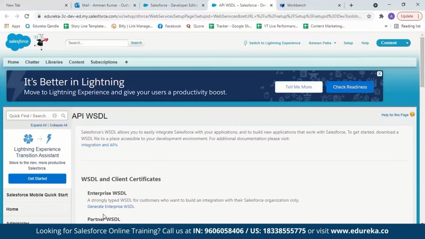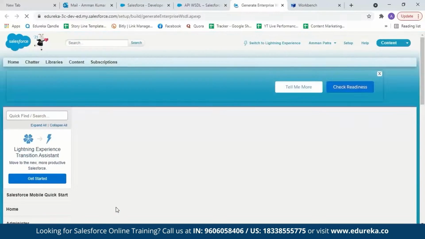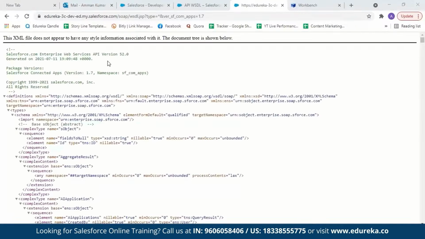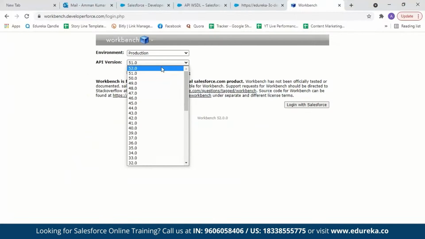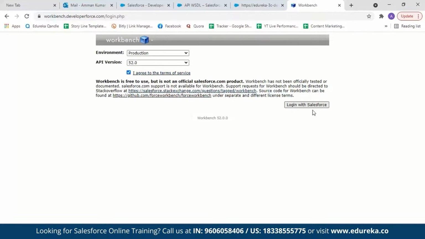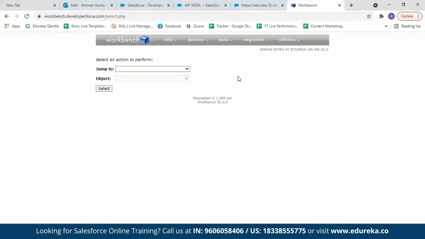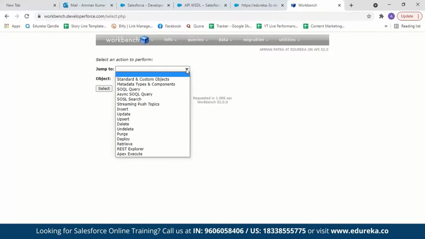You have an option here to generate Enterprise WSDL. Click on that. This will generate a file which tells you which API version you have. You can see our API version is 52.0. So we'll select 52, agree to the terms of service, and click on login with Salesforce. It'll ask you for the username and password. Here I'll select my username. Now under jump to, click on REST Explorer